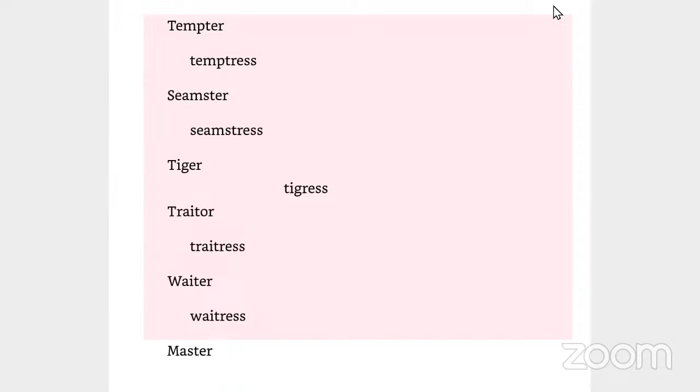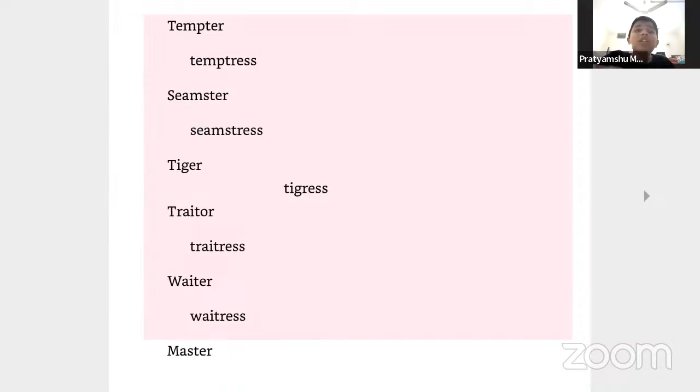Your voice is really very low, and you need to write down, because you will not get a second chance to learn this once we have learned. What is seamster? A seamster is a person who is an expert at tailoring, so in simple terms, a tailor. Seamster, seamstress. Tiger, tigress. Traitor. Who is a traitor?